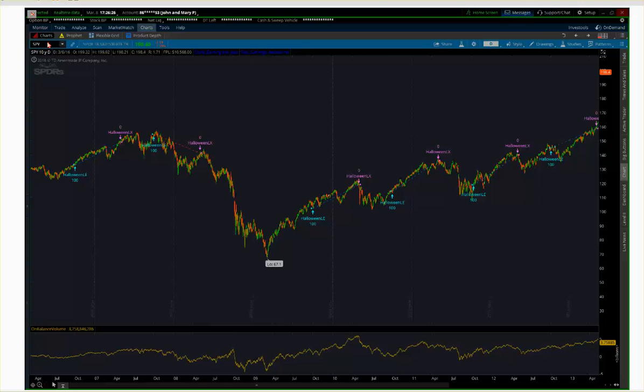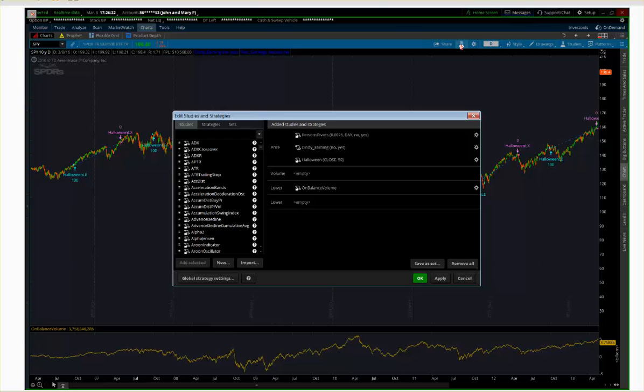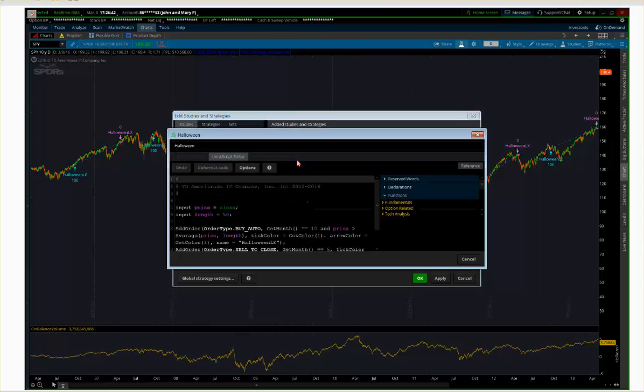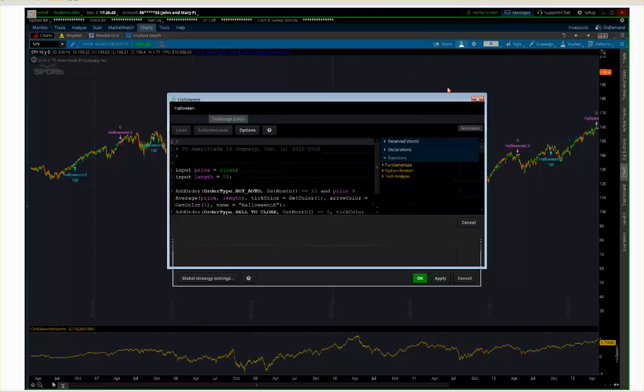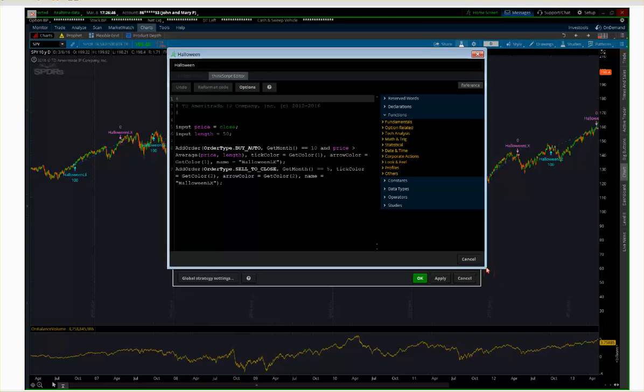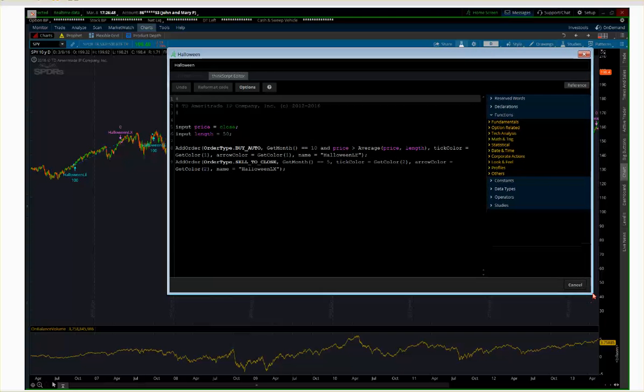But one thing John could do is click on the beaker to open our Edit Studies box, and then to the left of our Halloween strategy is a ThinkScript scroll. And most of our studies and strategies are open source. So you are able to click on that, view the ThinkScript code, and if you say, well, my chart actually has 3 seasonal patterns, well, then you could copy the code, you could paste it into a new strategy, and